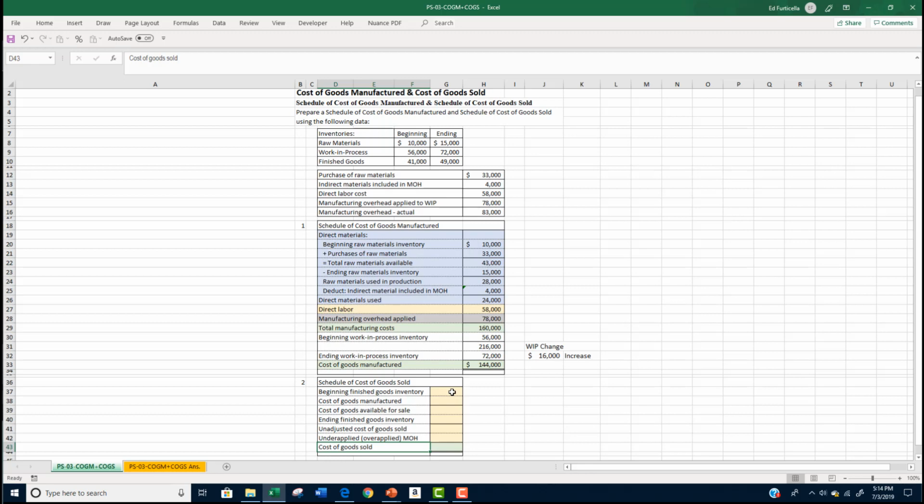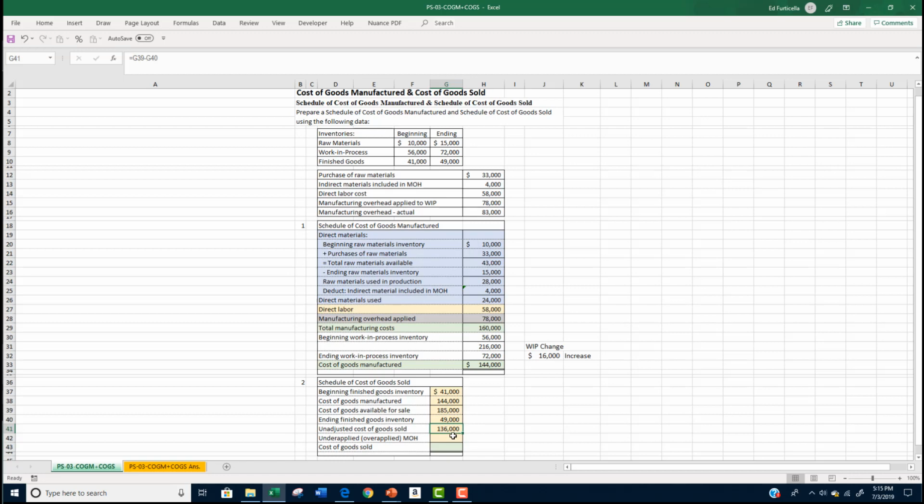All right, let's go through these numbers real quick. We say we have a beginning finished goods inventory of 41,000. That was given in our information right from the start. Cost of goods manufactured, 144,000. That number comes from our schedule of cost of goods manufactured. We add those two together and we get our cost of goods available for sale, 185,000. We don't sell everything though. We have an ending finished goods inventory. The ending finished goods inventory is 49,000. We subtract the ending inventory from the goods available for sale of 185,000,